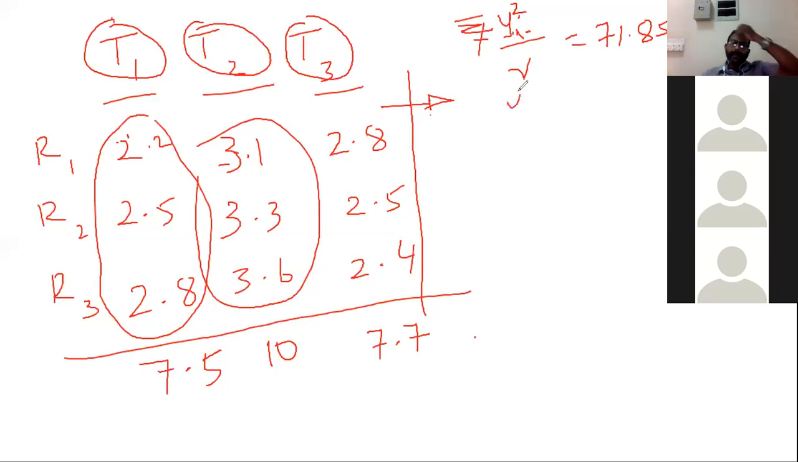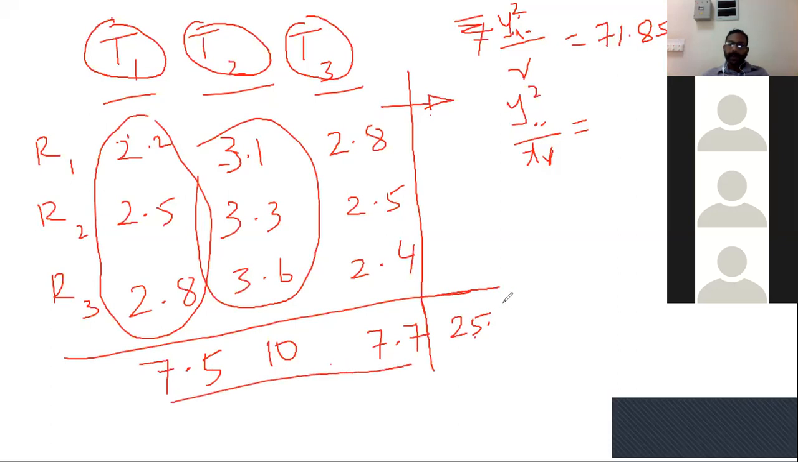Now we want to calculate this one: y dot dot square divided by tr. What is that? For that we will have to calculate the grand total. What is the grand total? What is the value of this total? 25.2. Now the way that you calculate is 25.2